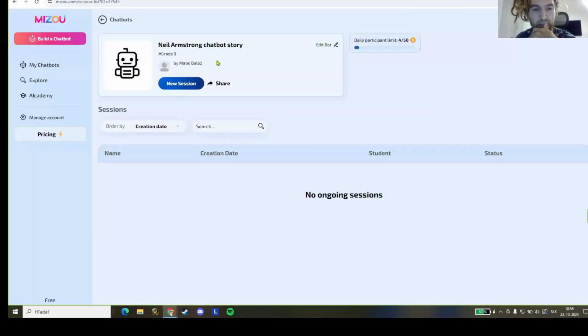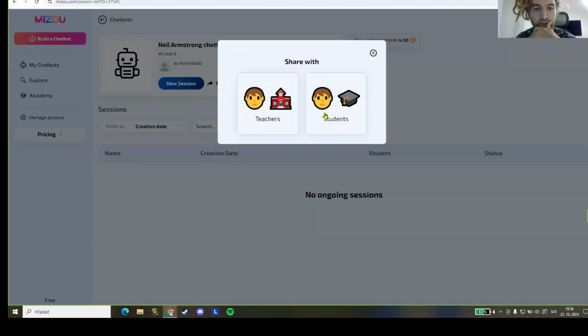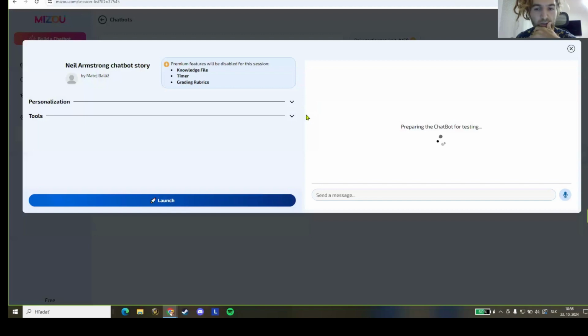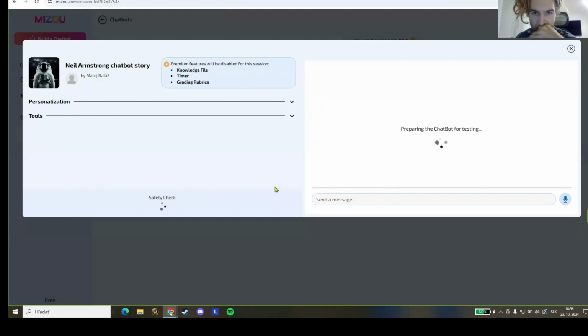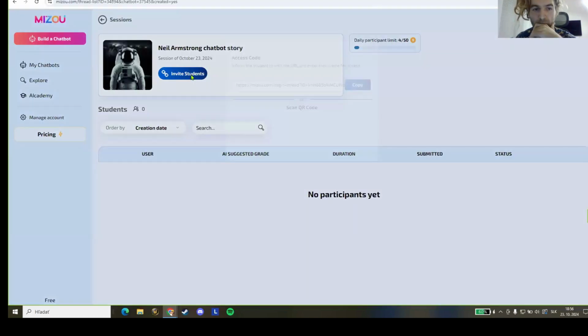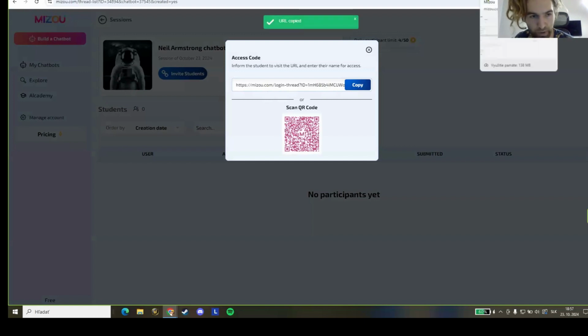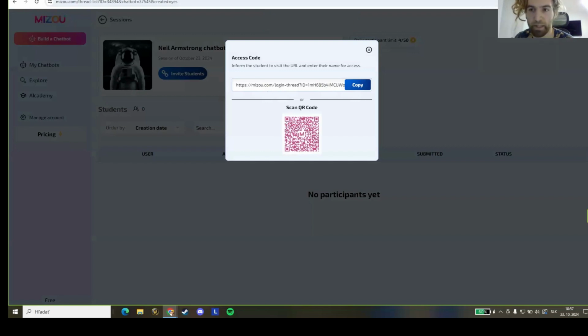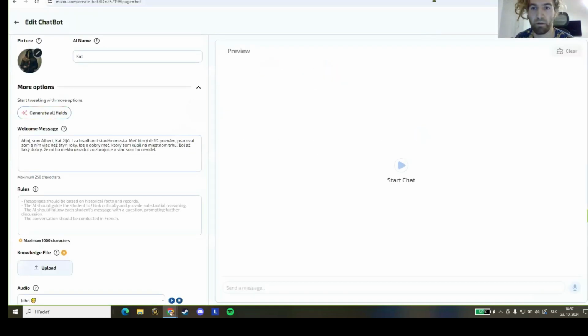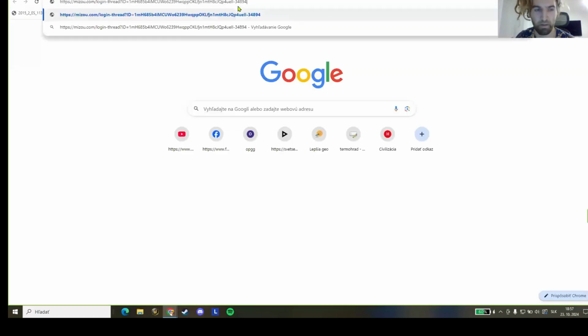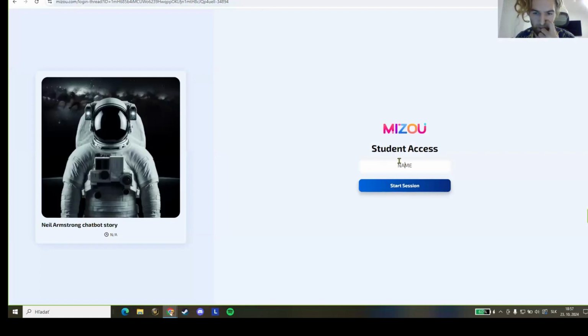Okay, the chatbot is already done. Now you can share it and launch it. There is a link which can be attached as a trigger into the Hello AR or into the 3D model, which Martin and I talked about. Now, copy that. We will use Google Chrome. Now, write your name